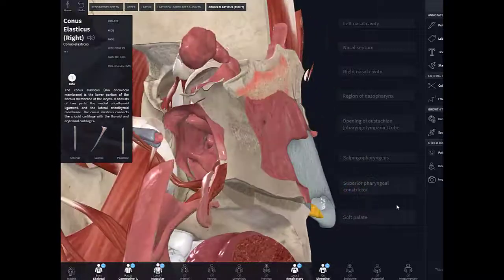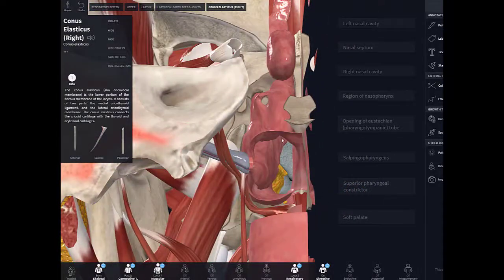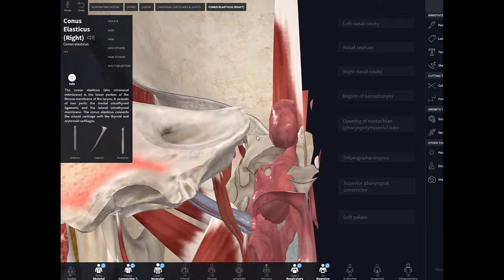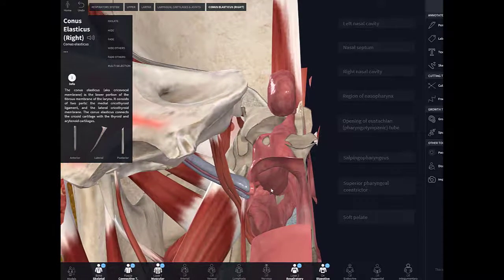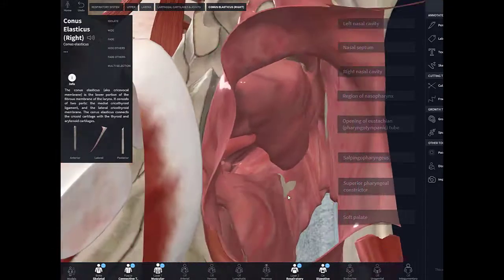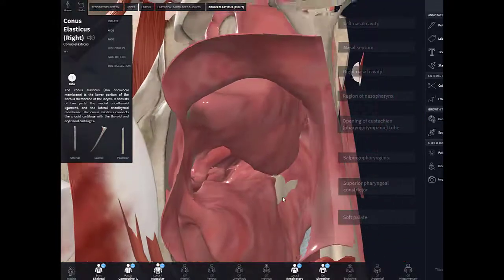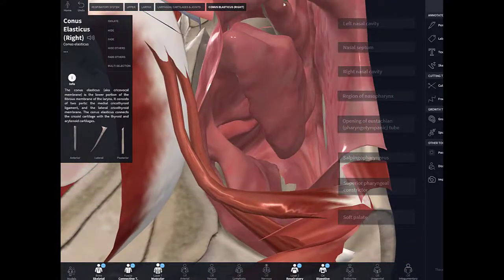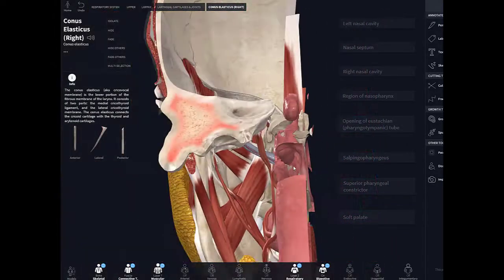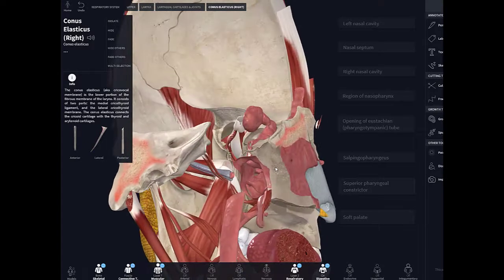From the nasal cavity, let's turn this around into the region of the nasopharynx and have a look again here at the size of these shelves, the turbinates or conchae. See how far they actually protrude into the nasal cavity. Now just imagine a stream of air flowing over and under these conchae. Here's the superior, here's the middle, here's the inferior. How much that actually helps in providing extra surface area. Okay, so then you have the air flowing from the